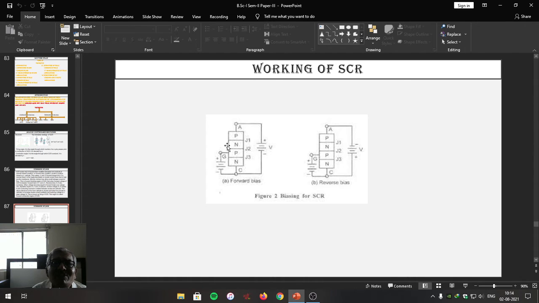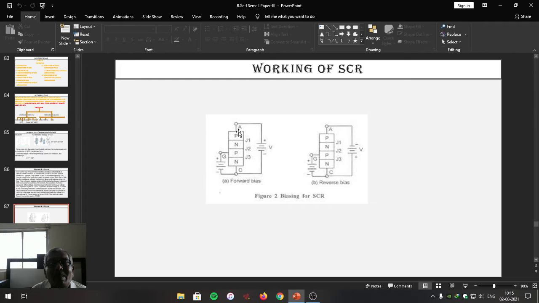Now we'll ask the question: why is this supply connected? This supply is connected just to control the anode current. If the gate current is more, naturally firing angle is less and conduction angle is more, meaning SCR conducts for a longer time period. If the gate source voltage is 0, the gate current is 0. When gate current is less, firing angle is more and conduction angle is less,